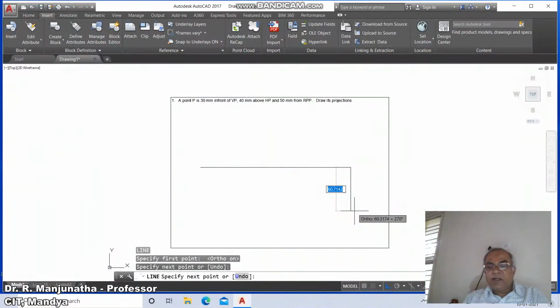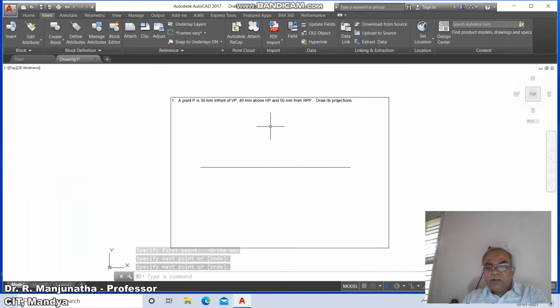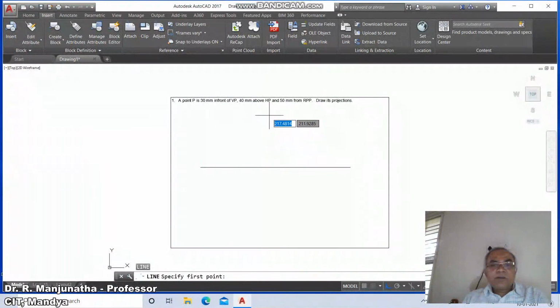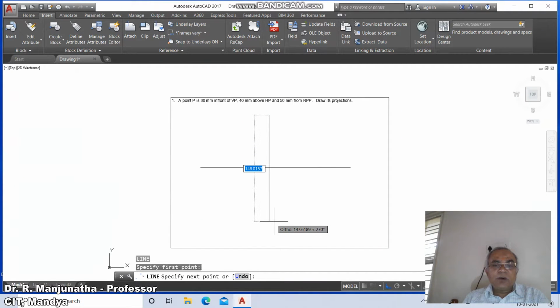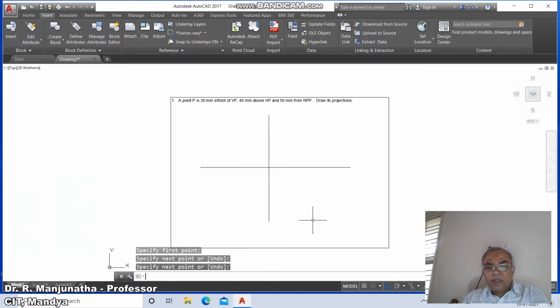Then I want to draw again with the line command. From here you drag it in the downward direction and click the first button of the mouse.